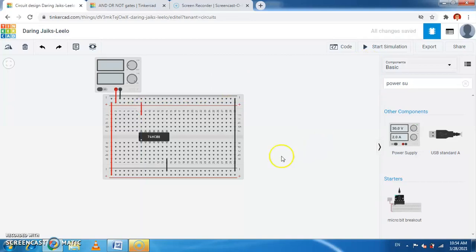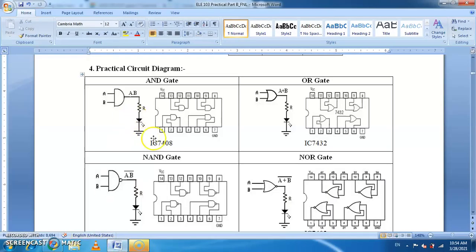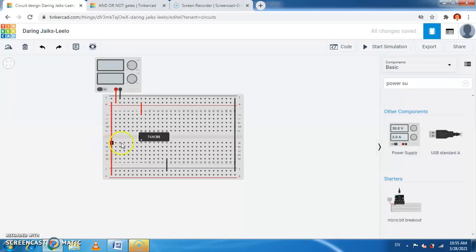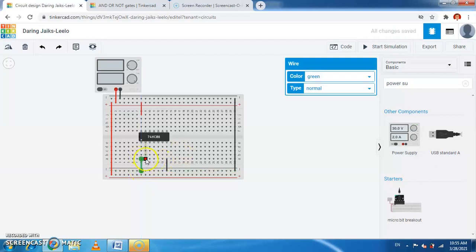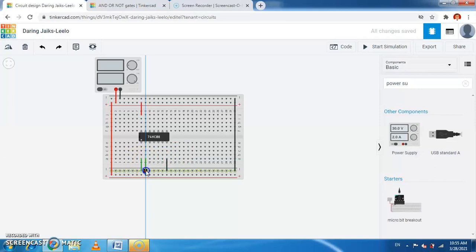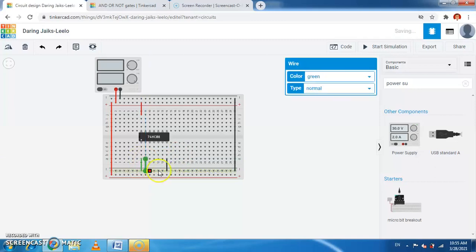Okay. Now as you know that 1 and 2, these are the inputs here. These inputs may be either 0 or 1. In this case 0 means 0 volt, means we connect to the ground, and 1 means 5 volt here. So we connect to the VCC, that we consider as the 1. Considering this, this is pin number 1. Initially we make it input 0. So this is 0. Another input will also make it 0. So this input is also 0.